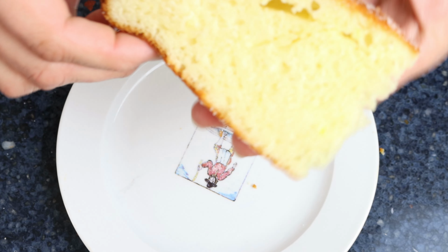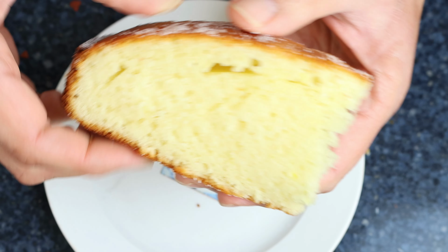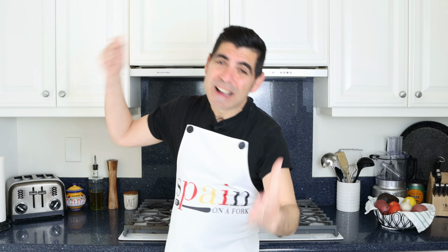And let me tell you, this cake is filled with honest and clean flavors. It is absolutely easy to make, where there's no tricky techniques, meaning it's a very straightforward recipe, and it's all done in about 45 minutes. Folks, this is the perfect cake for any occasion, and if you serve it next to a cup of hot chocolate, like I enjoyed as a child, or even some coffee or tea, you're gonna have yourself an instant trip